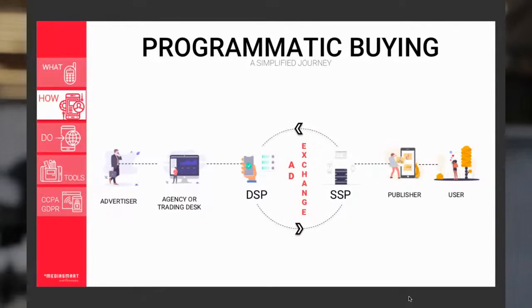So you have an advertiser that contracts an agency or a trading desk, and that agency or trading desk accesses a demand-side platform like MediaSmart. And MediaSmart, or some of our competitors as well, we're connected to a number of SSPs, which are supply-side platforms. And these supply-side platforms are connected to a number of app publishers or web publishers that reach a number of